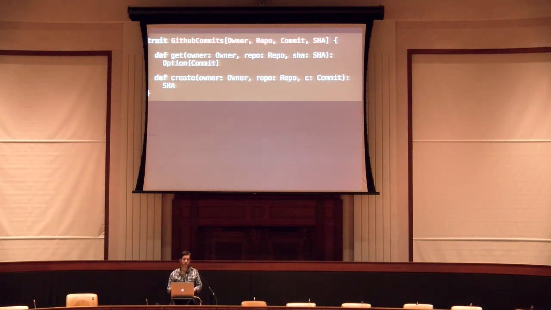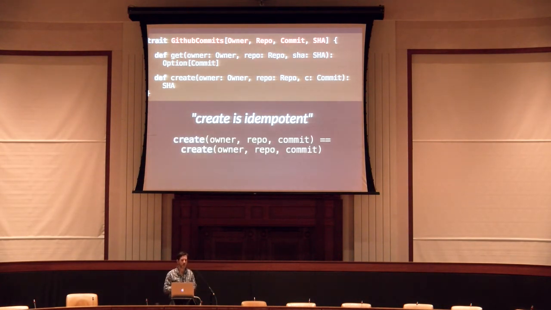Another one that I think should be true, though I'm not quite sure it's the right encoding, is, using a big fancy word, idempotent. If I create the same commit twice, it should be the same as if I created it once. Committing it more doesn't change anything. I'm not sure about the encoding, but I can naively encode it this way. I run create once, and it should return the same as the second time I do it. Maybe I should involve get, I'm not quite sure. But we kind of want to represent that it's an immutable world.